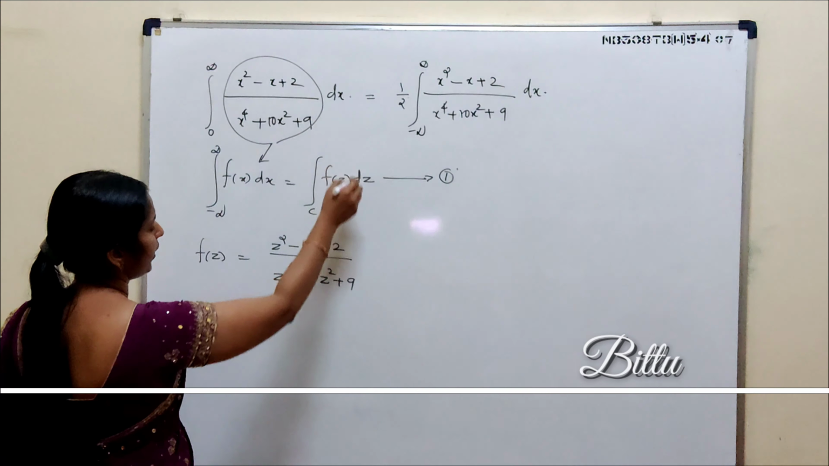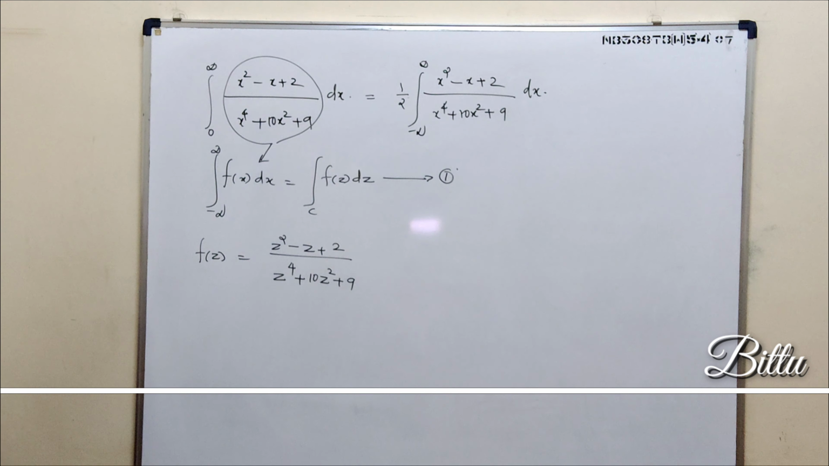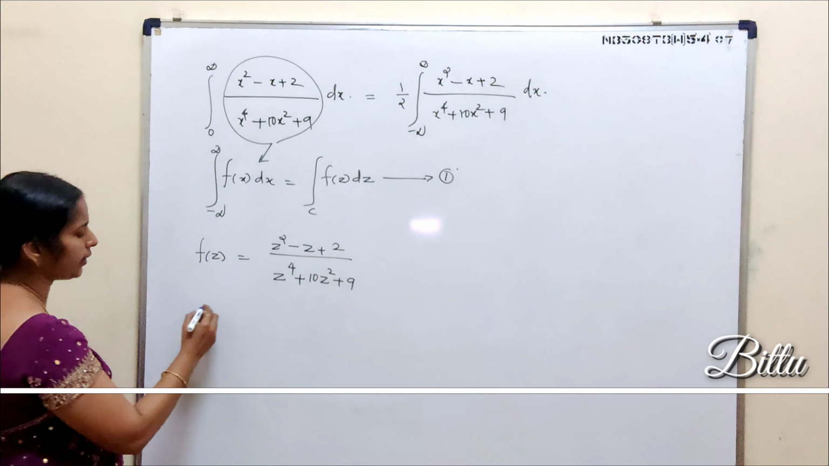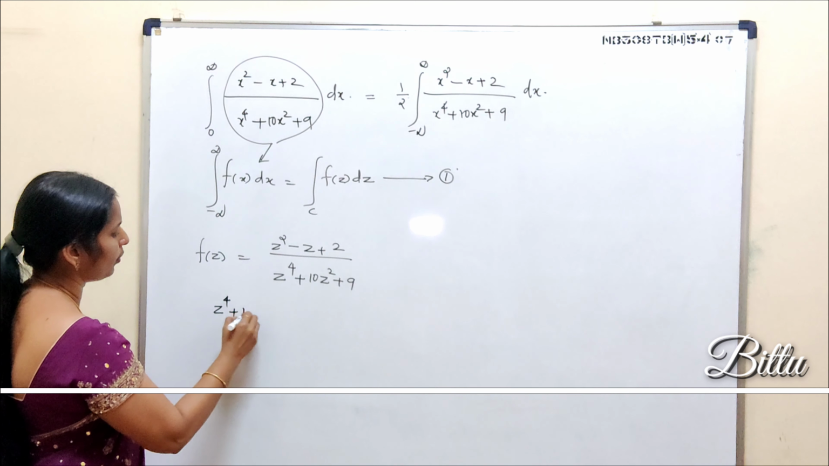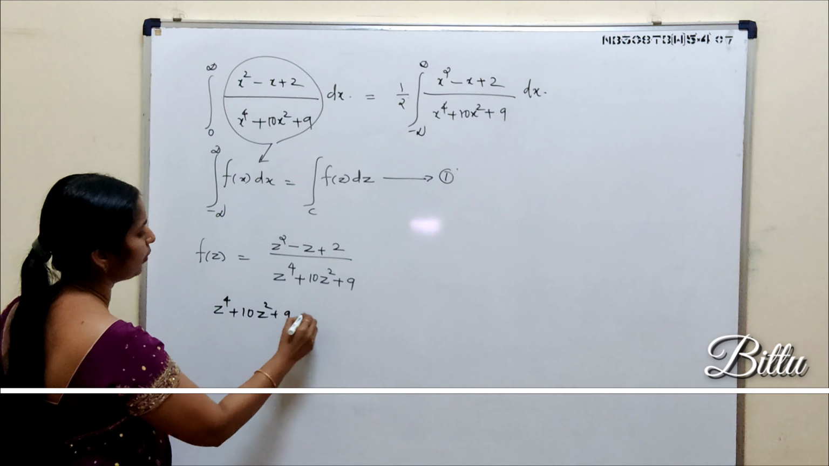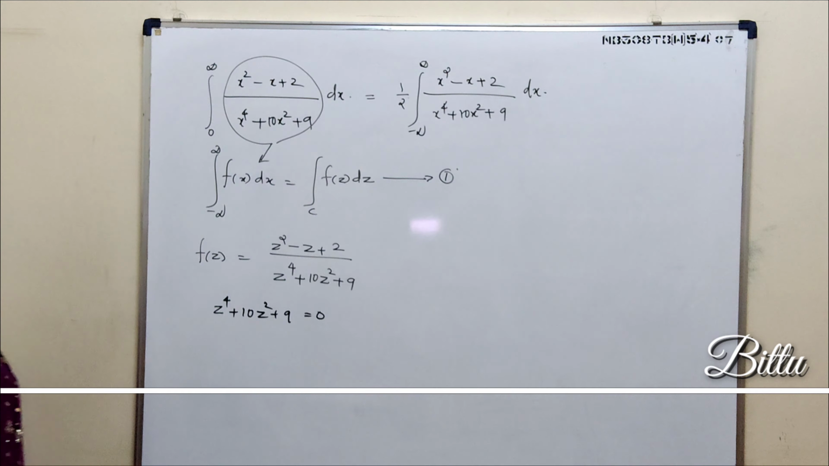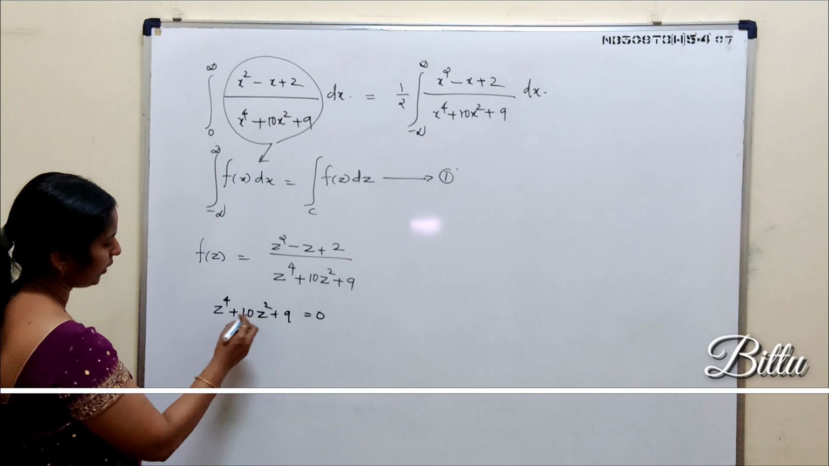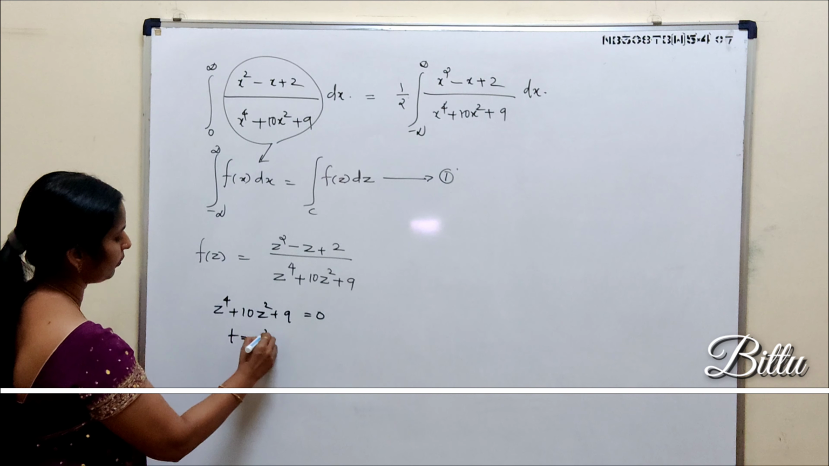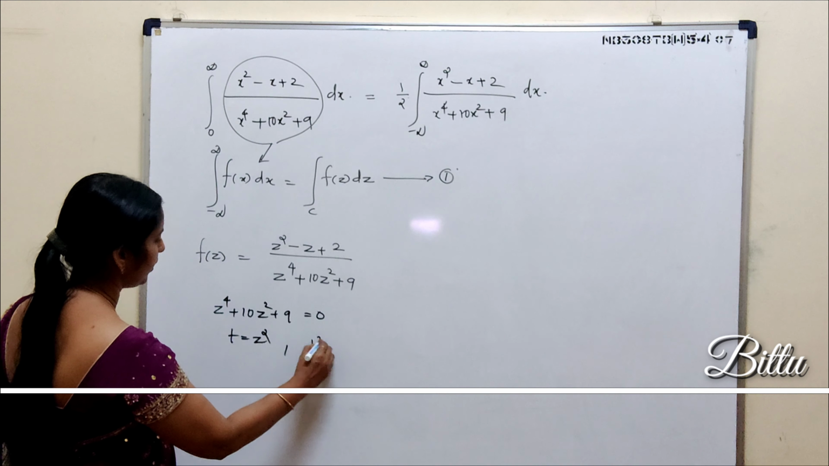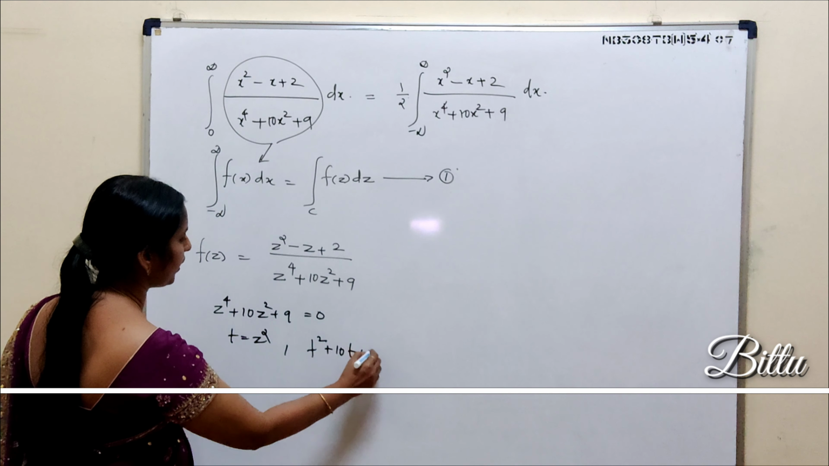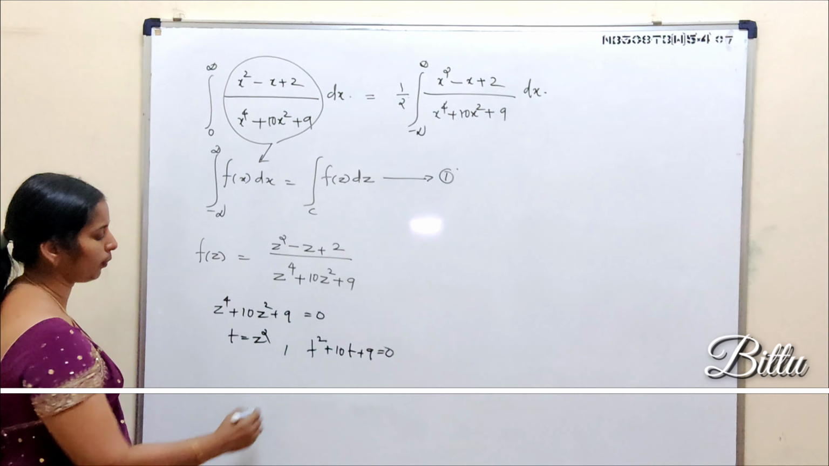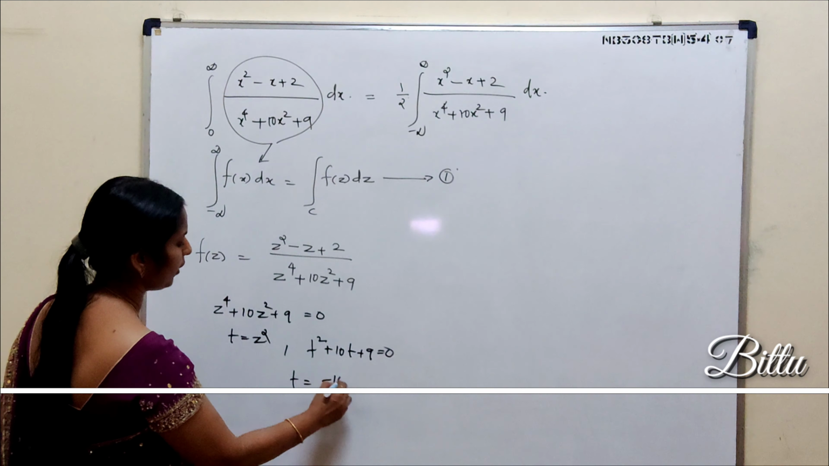For evaluating this integral, we have to identify the singularities of f. It is given by solving z raised to 4 plus 10 z squared plus 9 equal to 0. You can use a calculator for solving this equation. Otherwise, you solve like this. See, you put t equal to z squared. So the given equation is t squared plus 10t plus 9 equal to 0. It is a second degree equation. So the values of t are given by